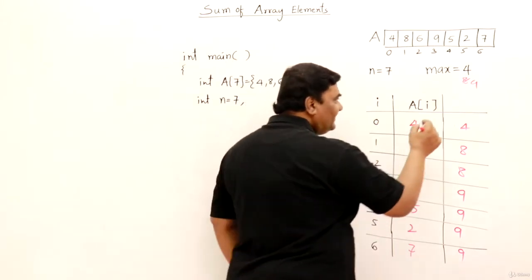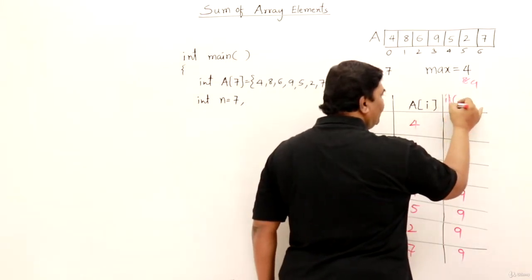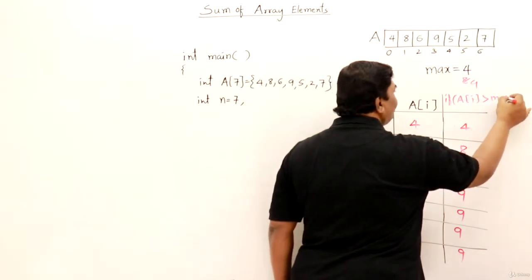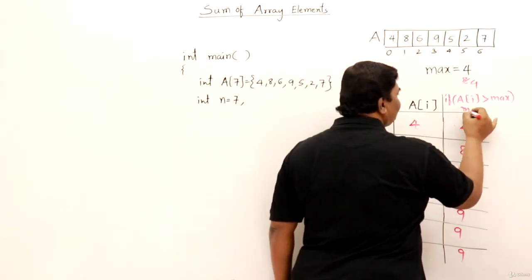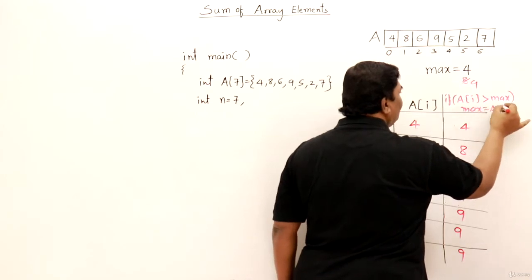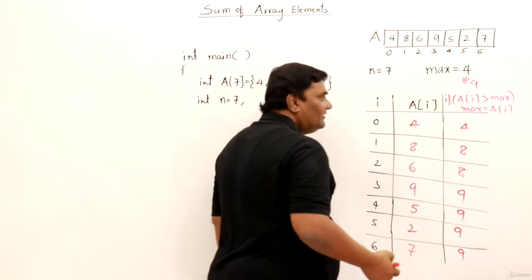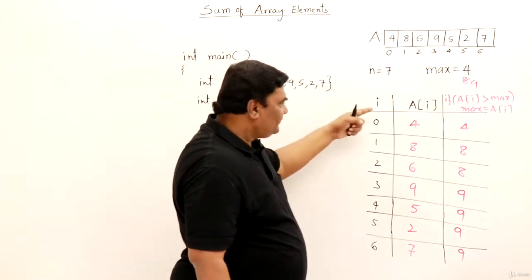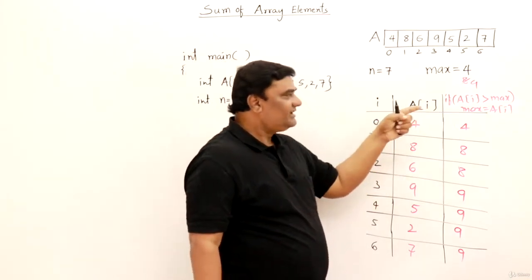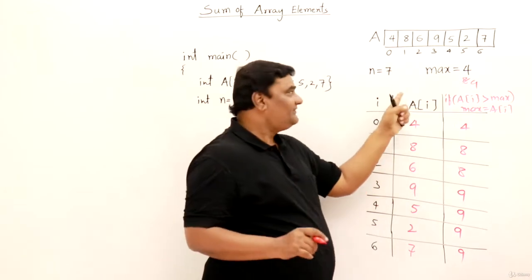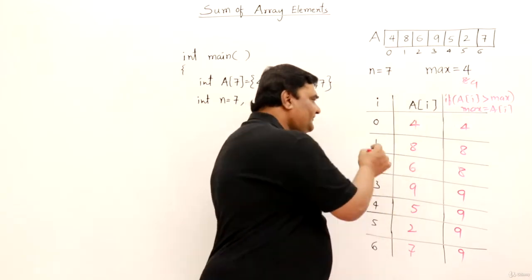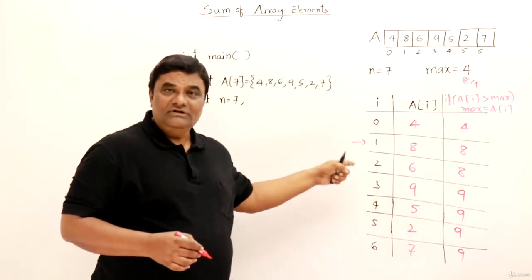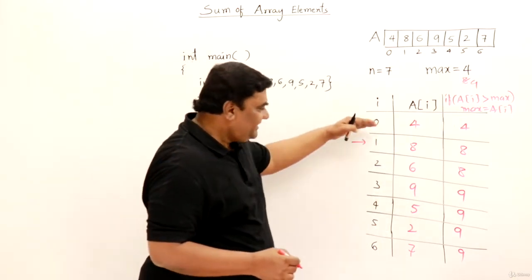So what we were doing here, we were checking that if a of i is greater than maximum, then change max to a of i. This is the procedure. We are storing that a of i in max. So we have to scan through all the elements and every time check with max. Initially max will have the first value. So basically we should start from the second value onwards, that is index 1 onwards. So these are the repeating steps.